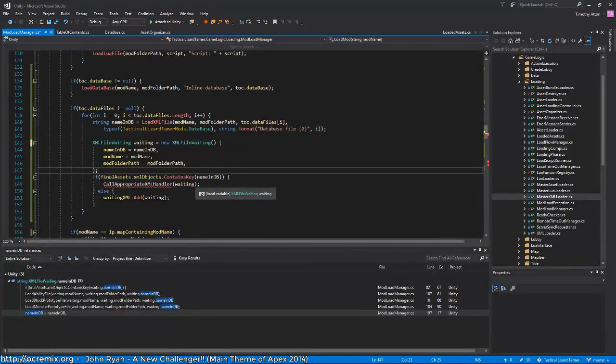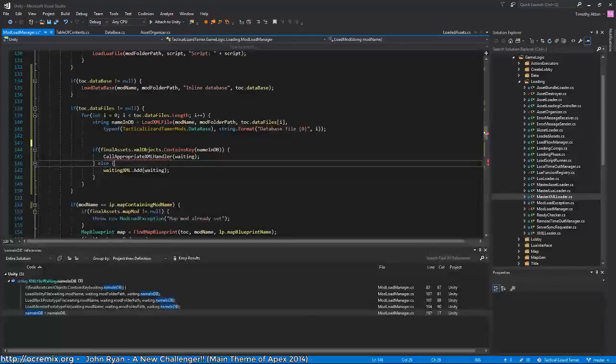Oh, because I guess it could have already loaded in the time between calling this and then. Okay, I see the logic there. It could have loaded immediately after calling this function. I'm not sure if that actually happens in my case, but